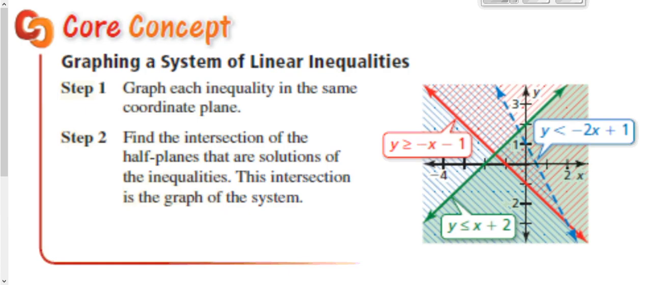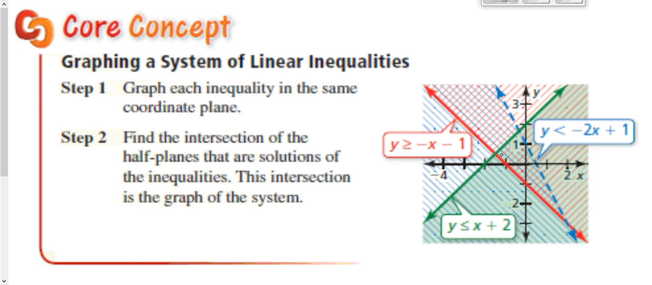Okay? This core concept is talking about the graphing of these linear inequalities. It says graph each inequality in the same coordinate plane. So you notice over here we have 3 inequalities graphed. Find the intersection of the half planes that are solutions to the inequalities. This intersection is the graph of the system. So if the red inequality graphs up, the green inequality graphs down, and the blue inequality graphs to the left,